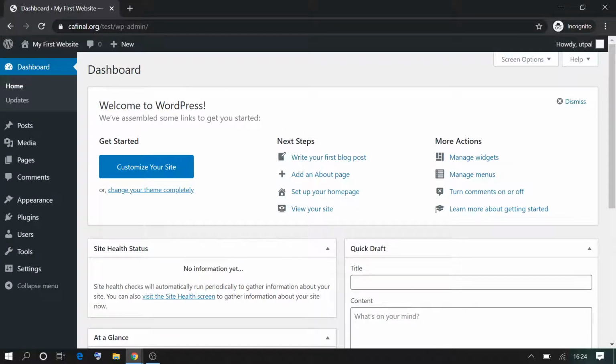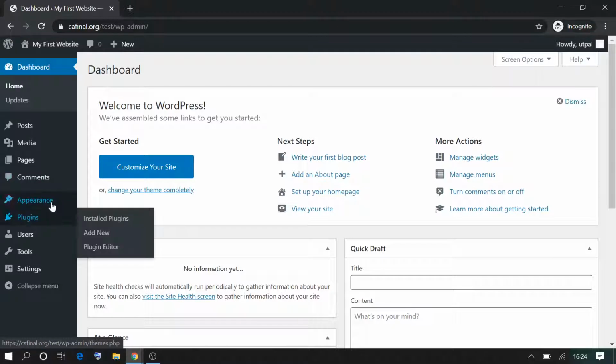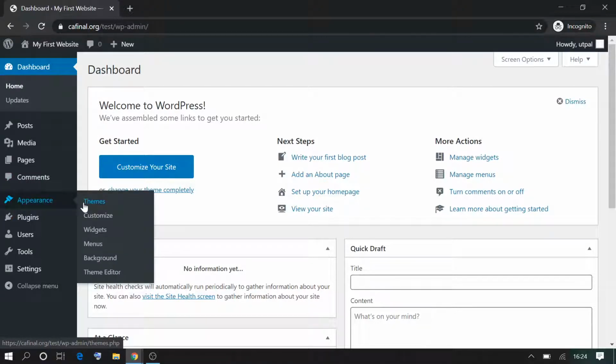Okay, great. So now that we are ready and we have installed WordPress and logged into the admin panel, let us understand about the themes. You can find the themes tab under the appearance tab in the WordPress dashboard or in the WordPress menu. Under appearance, you can just click on themes,